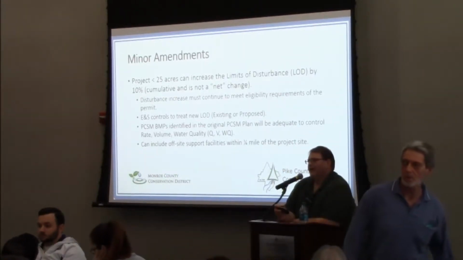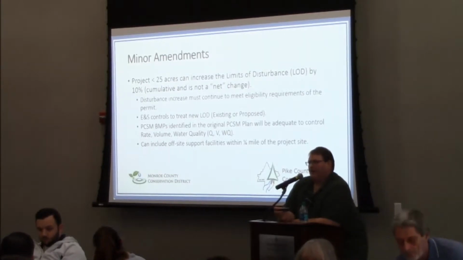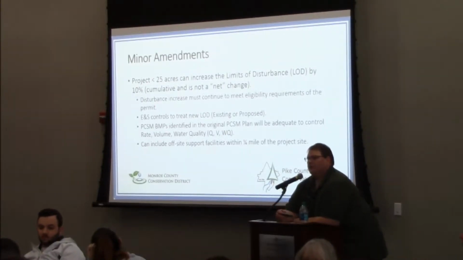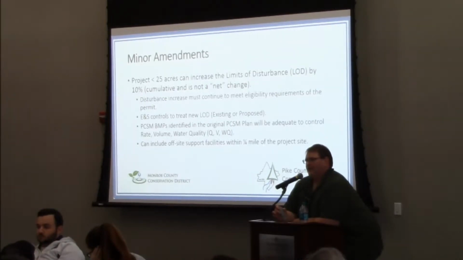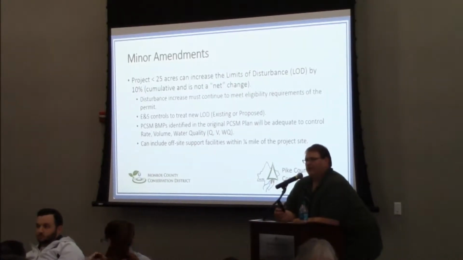All right, so a good instance of that is you're working in a non-special protection watershed. You received a general permit for your disturbance, or it was acknowledged for your use. So you now have a disturbance that's going to be less than that 10%, but it happens to be in a high-quality watershed. Well, you no longer meet the eligibility requirements of that general permit because you're going to be doing disturbance in a high-quality watershed. So that wouldn't qualify as a minor, that'd be a major. That's what that means. There's other examples, but that's probably the cleanest and easiest to discuss.